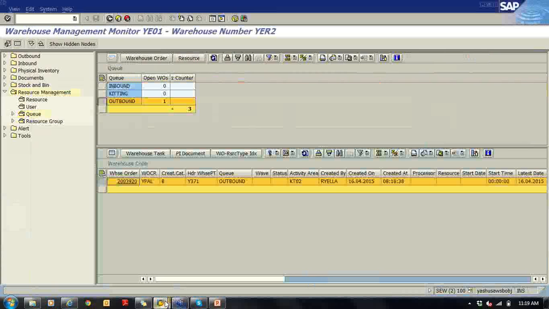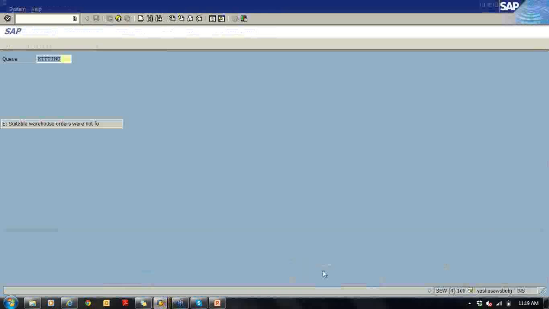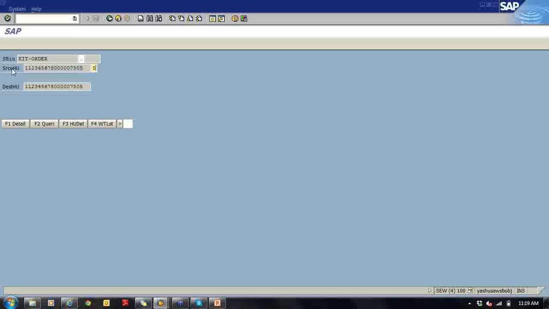So the other operator comes and scans his queue. This queue will be an outbound queue. I'm scanning an outbound queue, and the system says what to pick. So pick an order from here, and this is the tracking ID you have created. So you will be having a barcode. You just scan it. In this case, I don't have a barcode for this,